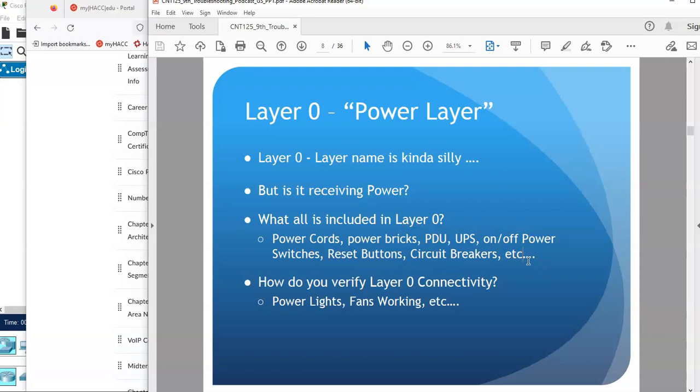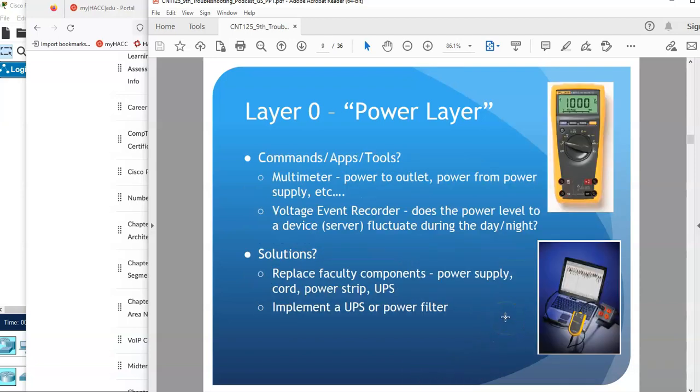These are the things that you're thinking, if this thing is not on, what is going on? And as you get into PCs and servers, you have fans and things like that, that if the fan's not working, usually the device does not boot because it's not cooling the microprocessor, etc. So I'm thinking all of these things as to why maybe something's not functioning at the power layer. I might need to dig into actual meters, checking outlets and that sort of thing. Are we getting voltage? If I have recurring weird problems, you might actually need to connect a voltage,